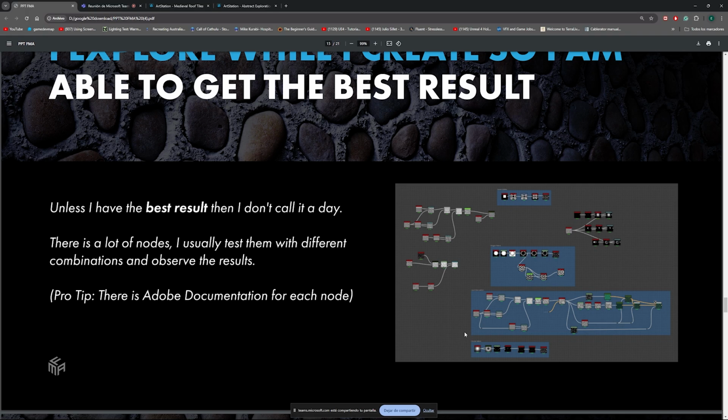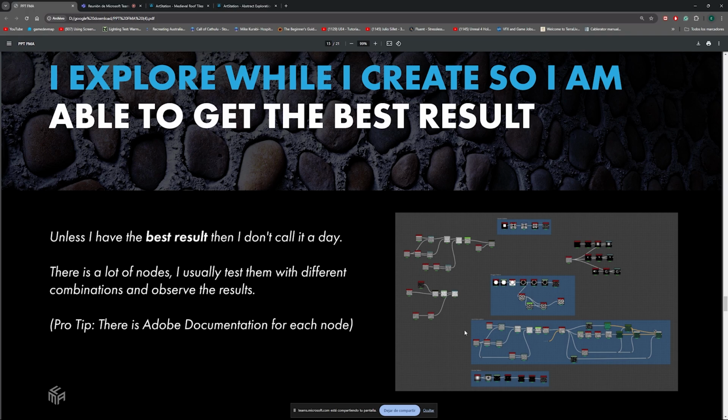And I never chose those patterns or set out to make those patterns. They were patterns that I came across while exploring. I was trying to see, okay, so what does this node do? What's the function of this one? So I started to combine them together and test them out. And it's actually quite an enjoyable process because instead of forcing yourself to get things right, as if it's a live or die situation, you are allowing yourself to explore, to have fun, to be more, let's say, free when working with the software. You don't need to be that rigid when trying to learn this software.